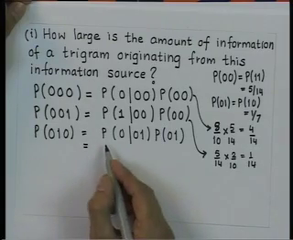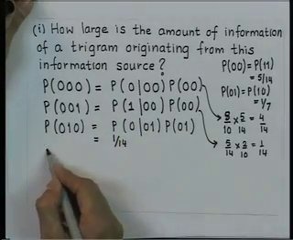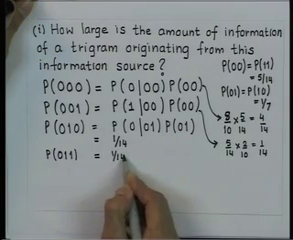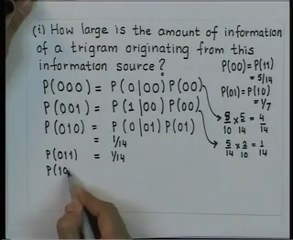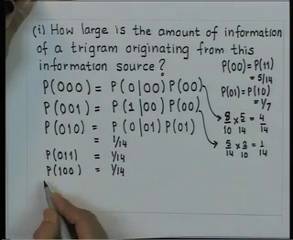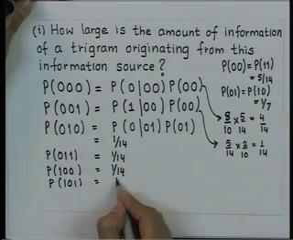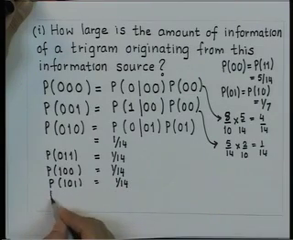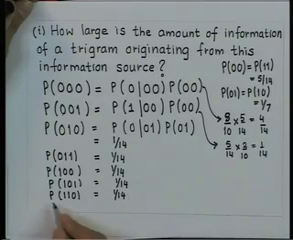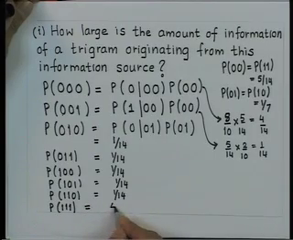This quantity turns out to be 1 by 14. So, based on this idea, I can calculate the probabilities: probability of 0, 1, 1 turns out to be 1 by 14, probability of 1, 0, 0 is again 1 by 14, probability of 1, 0, 1 is equal to 1 by 14, probability of 1, 1, 0 is 1 by 14, and finally probability of 1, 1, 1 is equal to 4 by